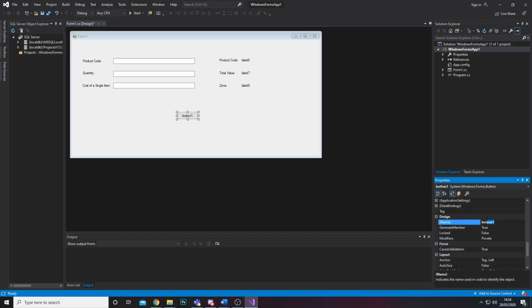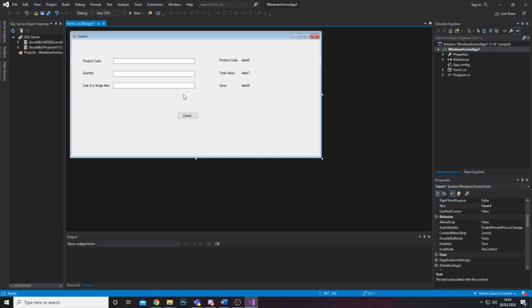So I'm just going to call my button btn check, and then my actual button text is going to have check written on it like that. So it looks pretty plain, there's no title on it, you need to put a title on it. It doesn't look very pleasant, it's all grey, so I'll leave the prettifying up to you, but let's get onto the code. So you need to make sure you fully comment all of your code,